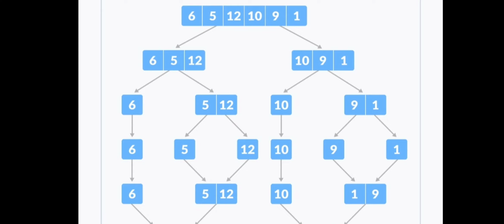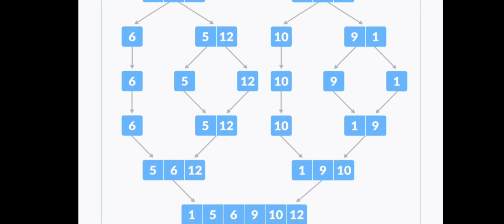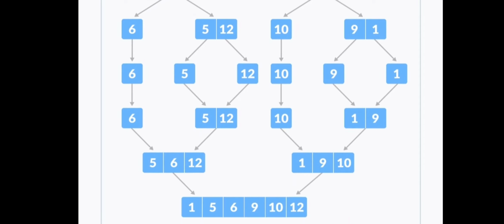Here in the 4th line the array consists of only single elements 6, 5, 12, 10, 9, 1. See, this is the case where we are in a position to solve the problem because the array consists of only one element. Now we start to solve and combine the solutions of the problem. See, 6. Now 5 and 12 are combined. While combining, you have to arrange the elements in sorted order, 5, 12. 10, and 9, 1 can be arranged in sorted order like 1, 9, 10.